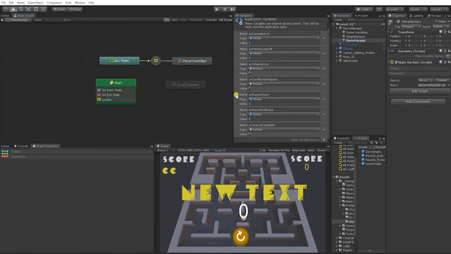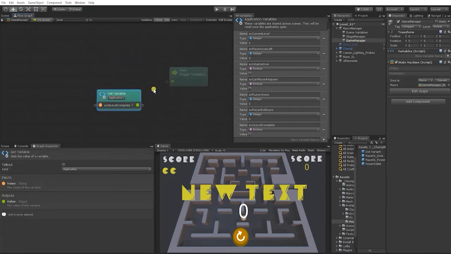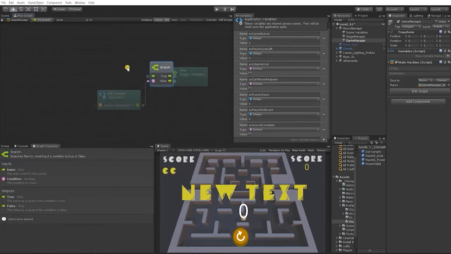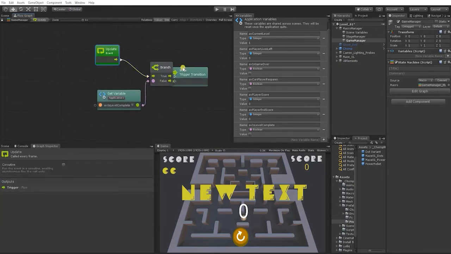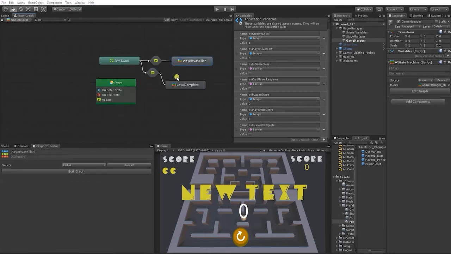And now let's set on our any state. We're going to do a transition to our level complete, and in that transition we're just going to say that if is level complete is true, we want to transition to our level complete. So let's go into our level complete state,